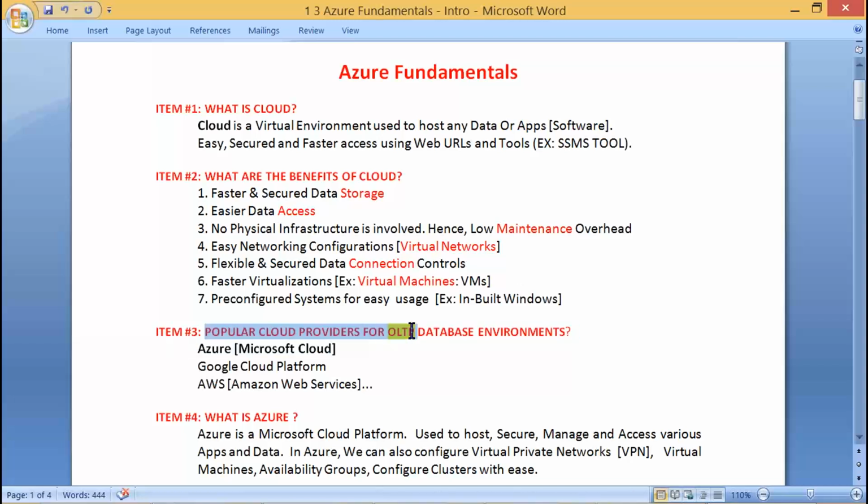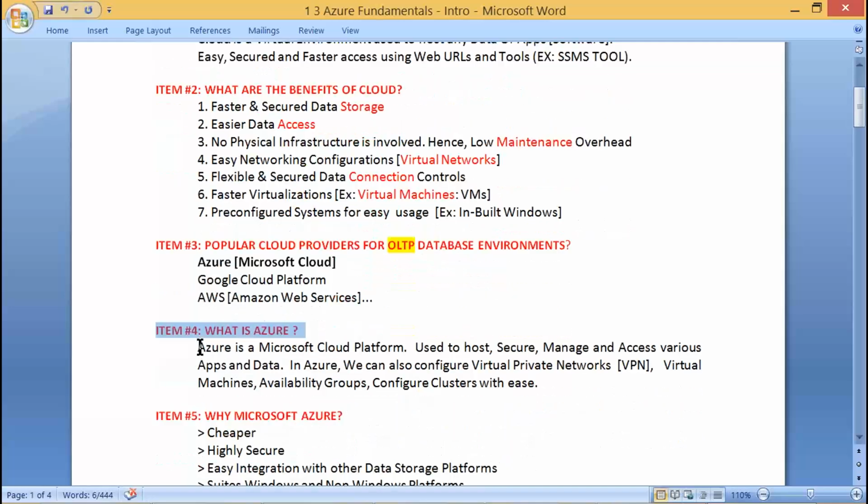Popular cloud providers: Azure Cloud, Google Cloud, Amazon Cloud. Three important cloud providers which are actually ruling the entire cloud computing market. And we choose to go for Azure, a Microsoft cloud platform to host, secure, manage, and access